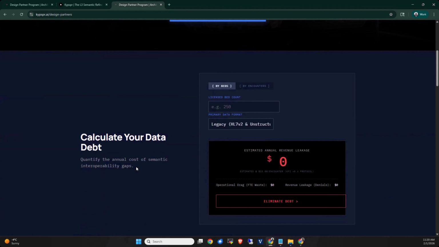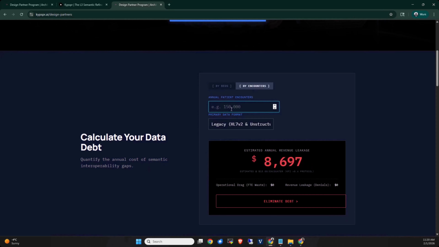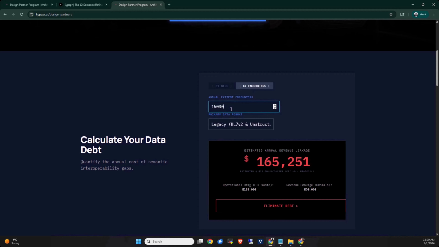Down below, we show a data debt calculator, which is the annual cost of gaps for the data. If they use, for example, 250 beds, then the cost calculates to about 1.6 million a year. And if they are calculating by encounters, then 150,000 patient encounters would mean they are losing 2.25 million annually in terms of revenue leakage, which is a sum of employees to fix the data as well as the revenue leakage